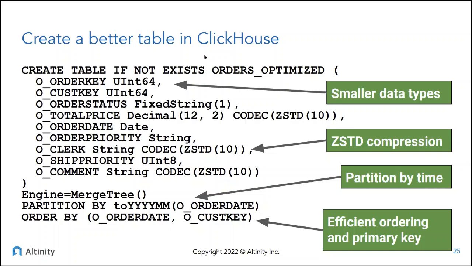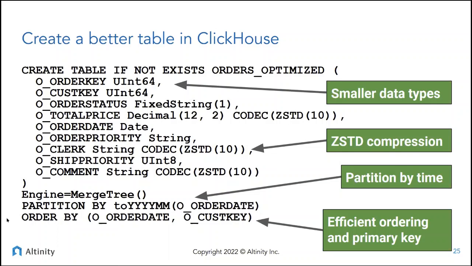So what we did is we have a new table called orders optimized, and for example, it uses smaller data types. So instead of 128 bit ints, we're going to use 64. We could actually go to 32 probably, and that would be fine. But I don't want to make any assumptions about how many orders or customer keys there are. Other things we could do. This invokes ZSTD compression. So this is really providing a higher level of compression on the string. That may be worthwhile, particularly if you have a lot of string values. It is a more expensive function, but it saves a lot of space.